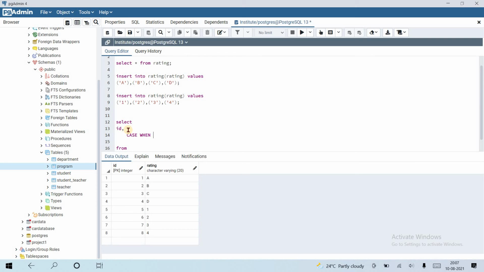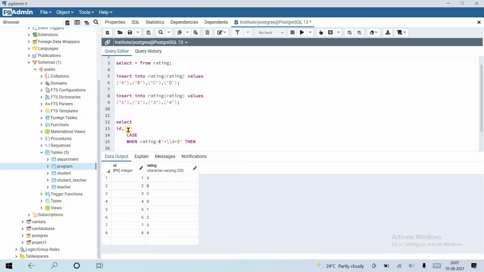Okay, case when rating, hyphen e. Here you can use small literal, so there is no need.